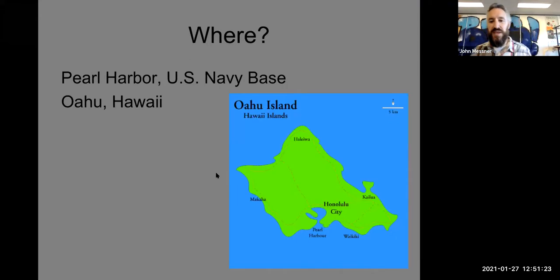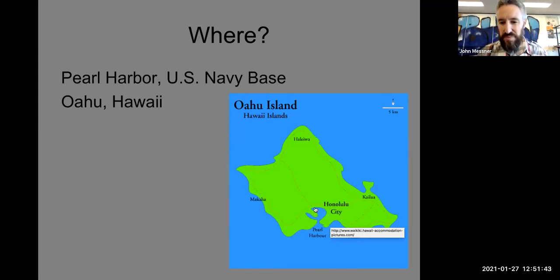All right, so where is Pearl Harbor? Again, this is the island of Oahu. There are several islands that make up the island chain of the Hawaiian Islands. My wife is Hawaiian, so we've been a couple of times. But here's Pearl Harbor at the southern end of Oahu. This map isn't the best because there's actually an island in the middle. It's so shallow, you can't necessarily go around, but Pearl Harbor is this naturally deep water harbor on the island of Oahu.